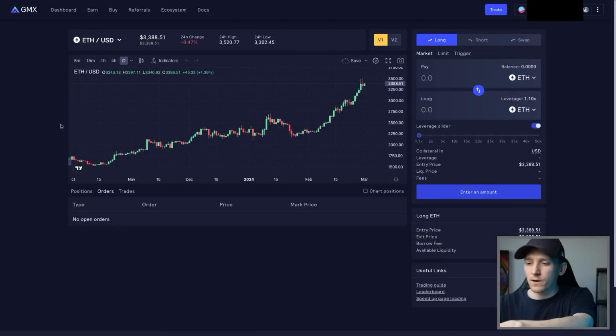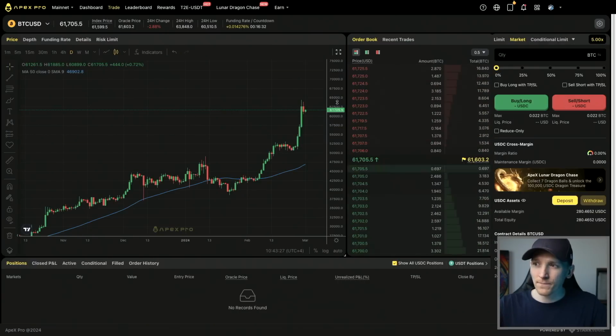Now, we're going to look at Apex, which is different. Apex is a decentralized exchange from Bybit. If you've ever used Bybit, it has a very familiar look and feel to it. I call it the on-chain Bybit, essentially, because that's exactly what it is. What you do with this, and this is a different type of technology, is you connect your wallet, and what